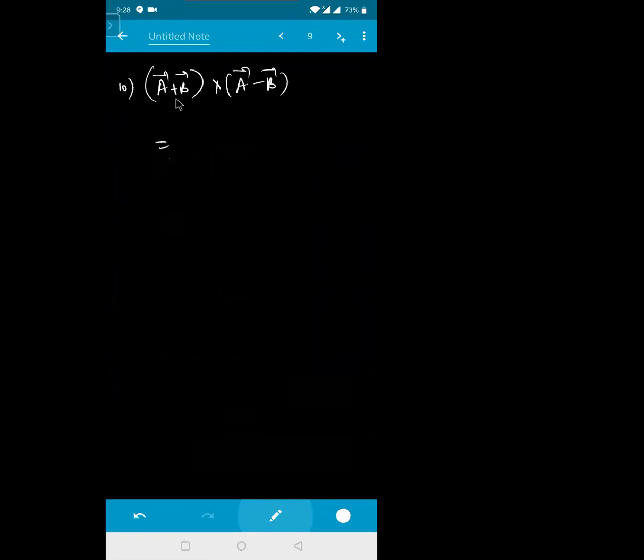So that will be equal to how much? A into A you multiply. So this will be written as A bar cross A bar minus A into B. So this one is A bar cross B bar. Then B into A. So this one is B bar cross A bar. Then cross. Then next one is nothing but how much, beta? B bar into B bar. So that will be plus minus minus. So this will become minus of B bar cross B bar.